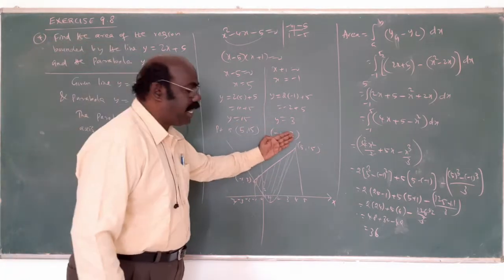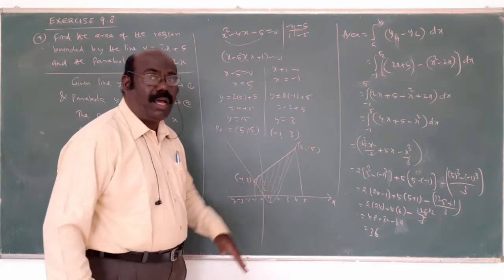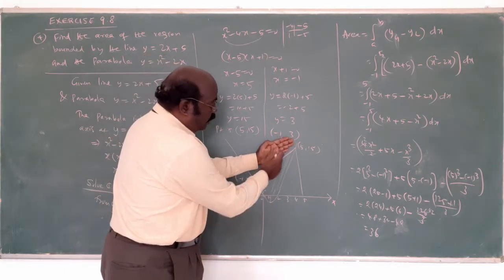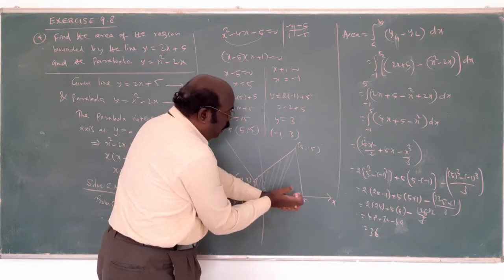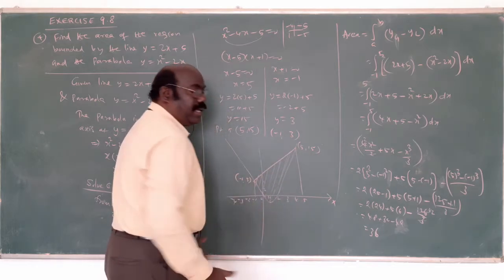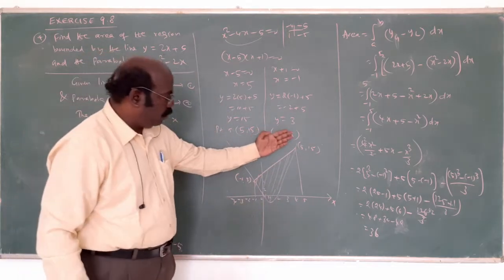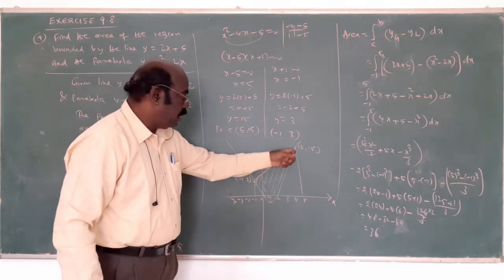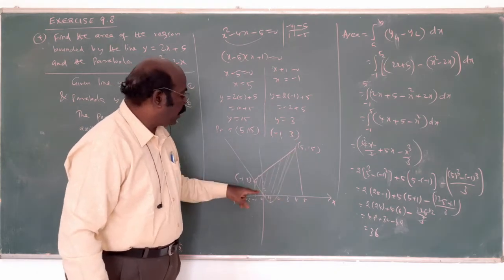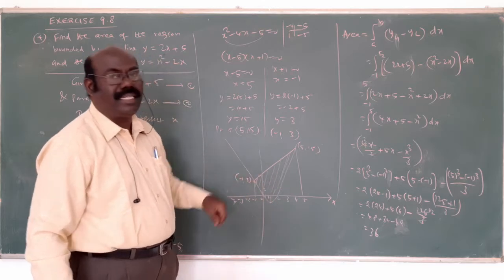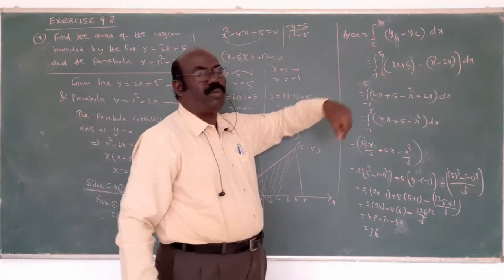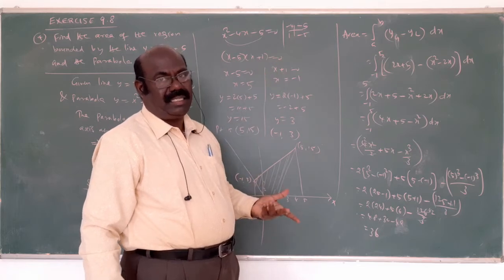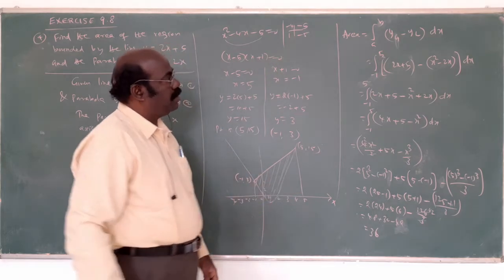The area of the straight line bounded by the parabola. That is what? From here to here, the parabola only is asked. I am finding the whole area minus the remaining area. That is the answer. The straight line area means the whole area you must find. The parabola area means the remaining part alone. Subtract both, we get this answer. That's why the formula is y g minus y l. g represents the greatest area, this is the least area. That's the meaning.